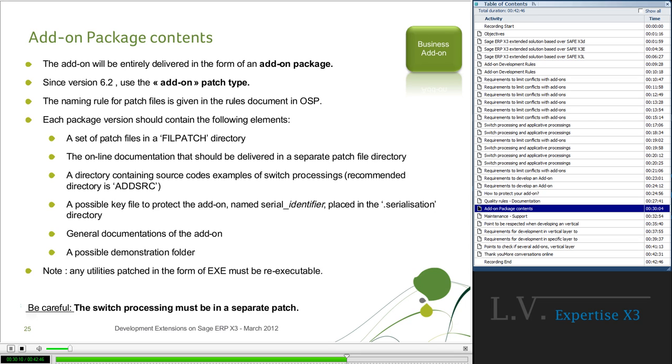Talking about the content of the package. The add-on should be entirely delivered in the form of an add-on package. An add-on package is like a patch list, but since version 6.2, there is a new patch type which is named add-on. This one should be used. The naming rule for patch files is given in the rules document in OSP. It's better if everybody uses the same rules